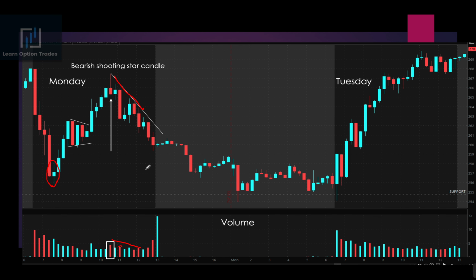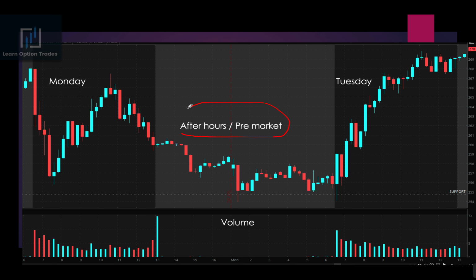Okay, so let's skip on to the next day, and you can see that during the after hours and pre-market, and what do I mean by that? This is after hours, after the market is closed, and this is pre-market, before the market opens. So during the after hours and pre-market, we create, and I actually already had this level charted out,